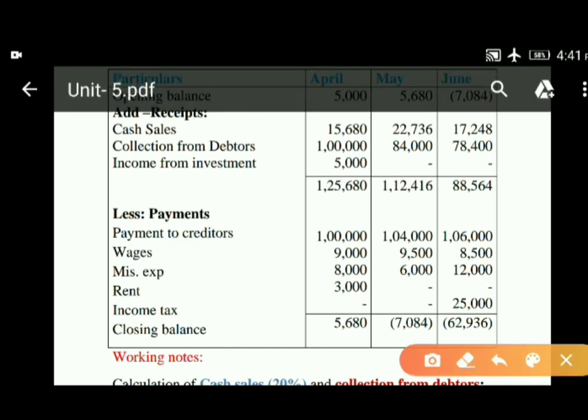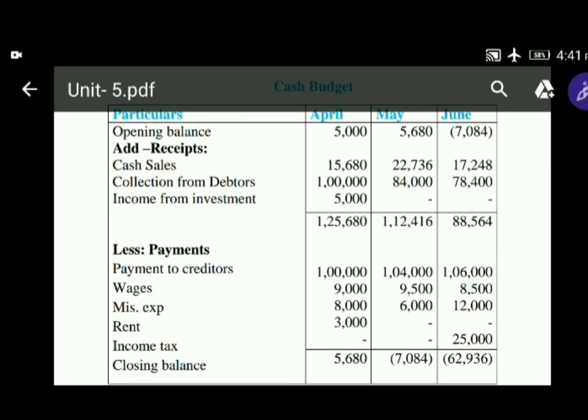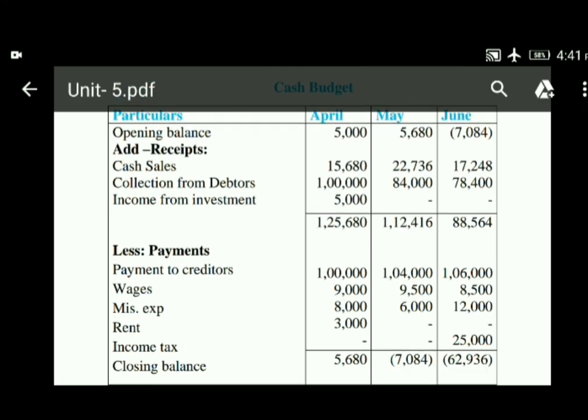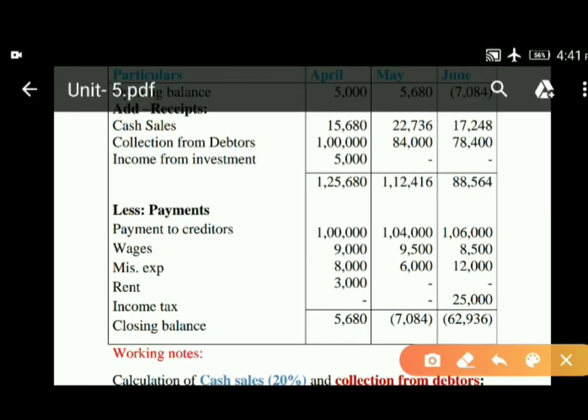See here, May, opening balance of cash 5,680. So sales and collection from debtors will be added, then the amount will be 1,12,416, and we need to deduct all the payments, then the amount will be 7,084 under bracket, that is negative balance. So minus 7,084. So this minus 7,084 closing balance will become the opening balance for the month of June,